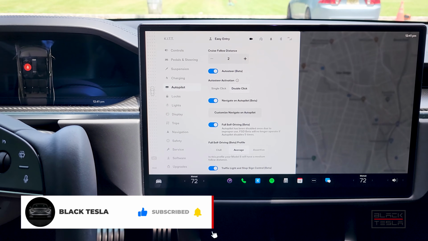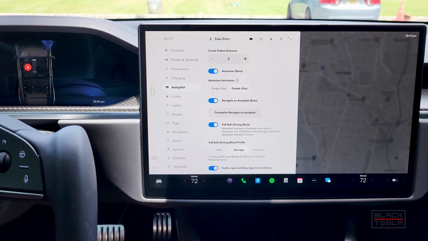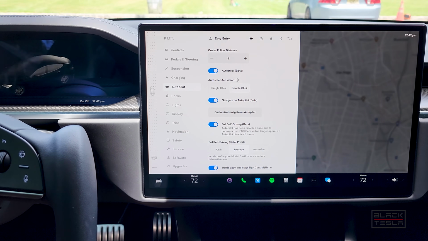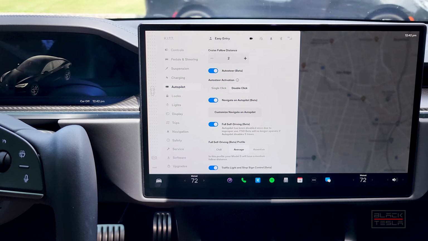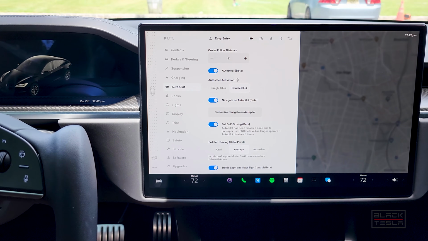Today, we're going to talk about the strikes for FSD Beta. For anyone that's new, that just got it, you want to understand what it is, what it isn't, how to activate it, how to get one or how one is levied against you, and what you can do to mitigate that. All right. So first and foremost, let's give a little bit of a history lesson just to understand the